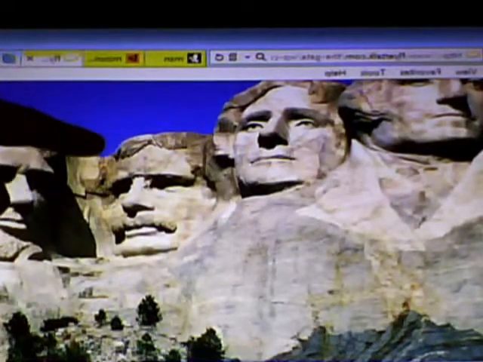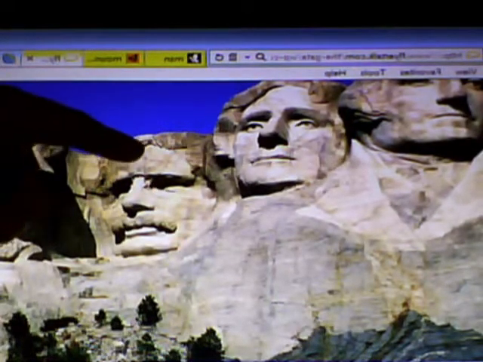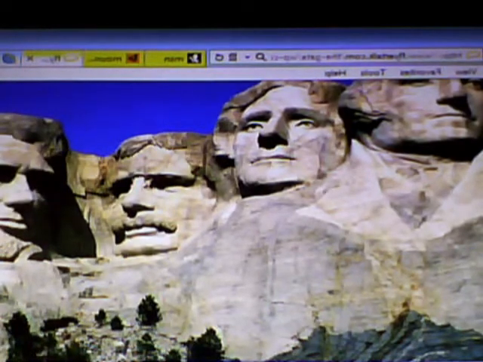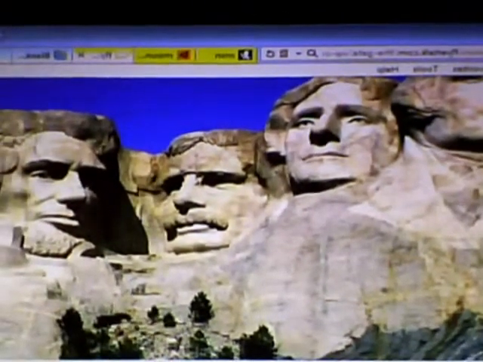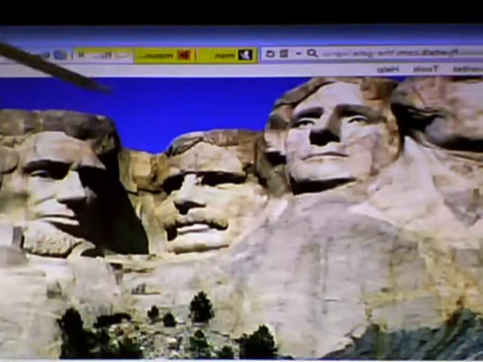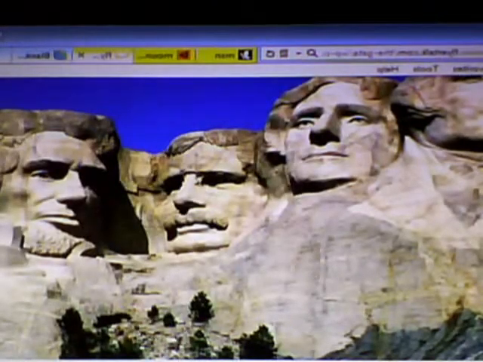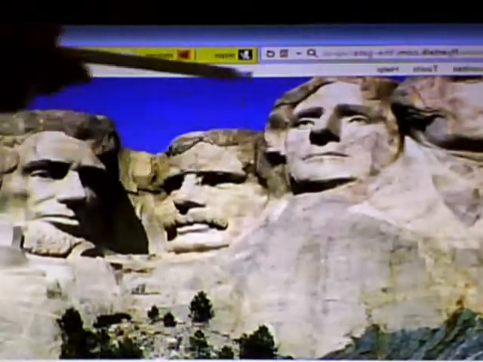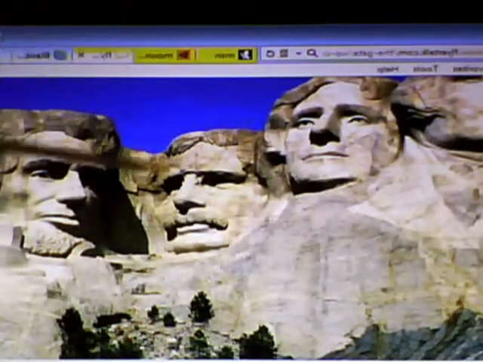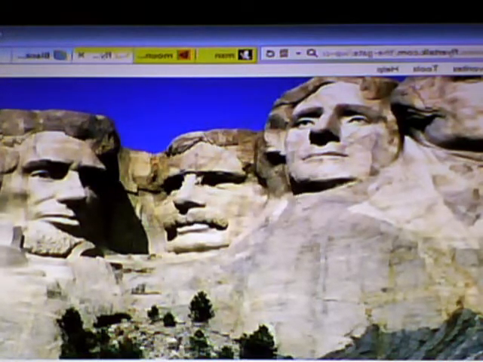John Booth's fingers holding that stick right there in his hand are identically matched to the way they encrypted their hand in the head of Theodore Roosevelt. So they're stating that this is the hand of John Booth killing Abraham Lincoln. And this is what this is. This is a commemorating memorial dedicated not to four deceased presidents, but to the man that called for the assassination of Abraham Lincoln, John Wilkes Booth.